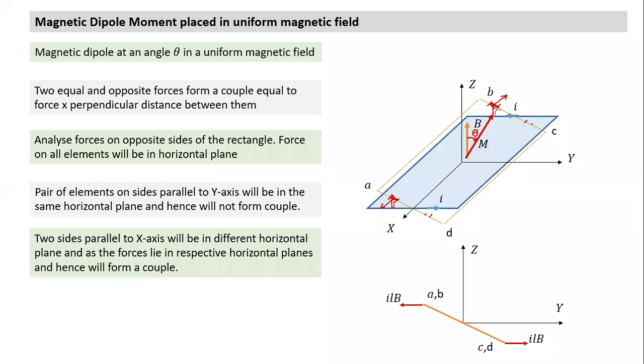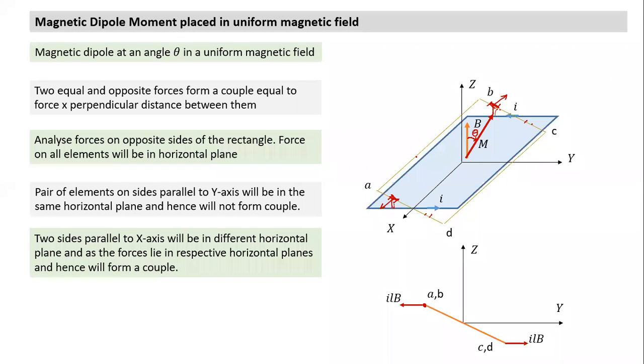If I look at the two-dimensional view, points A and B will look like one point only. So this point indicates the AB point. I hope you understand this is the side view. And points C and D also, from the side view, will coincide. Which direction is the force acting? Since the magnetic field is along the Z direction, the force will act in the horizontal direction. This force will be ILB and this force also ILB.